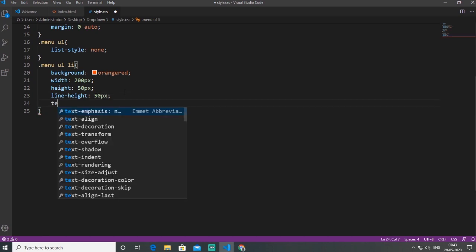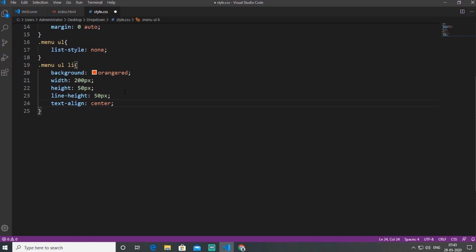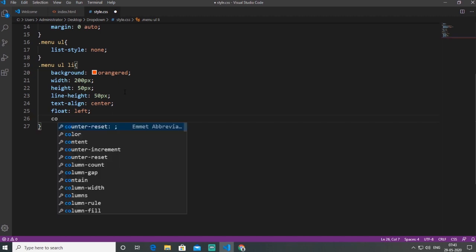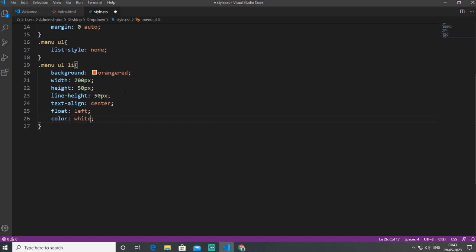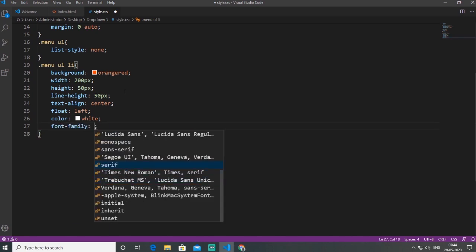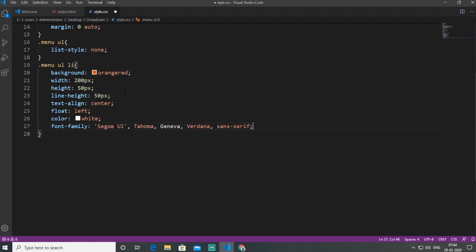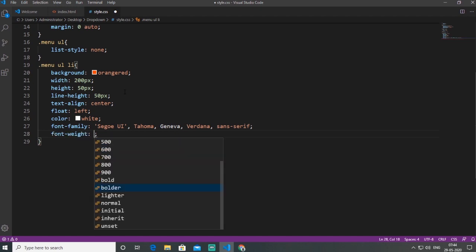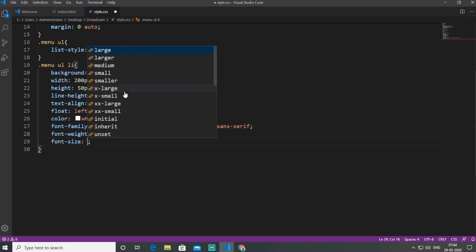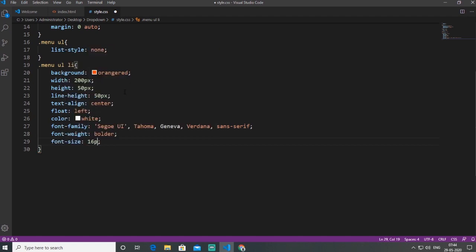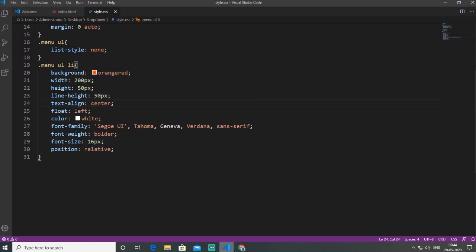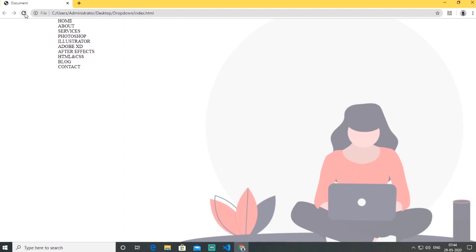I need my text alignment also center. Then float left, and my text color white. Font family Verdana, font weight bolder, font size 16 pixels, and position relative. I save my CSS, come back to my browser and refresh.